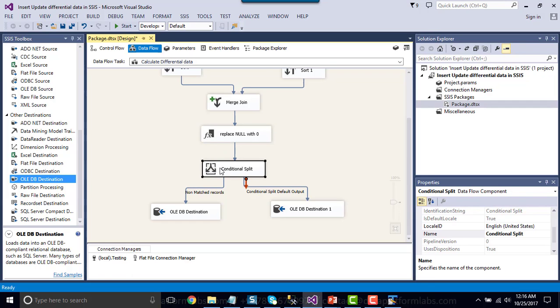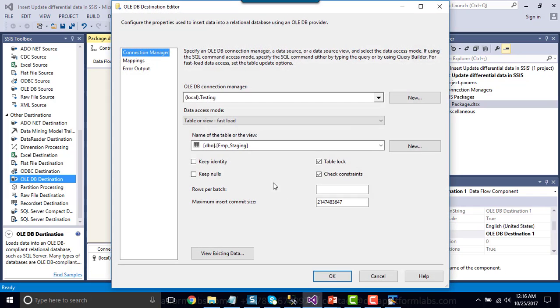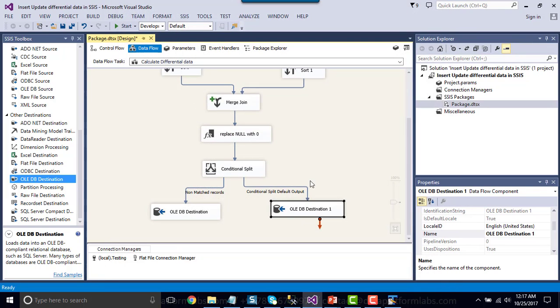Based on the conditional split, if a record is 0, it means that record doesn't exist or it's a new record, so it will be directly inserted to our final table. Or if the record already exists, then we can insert it to the EMP staging table, and then we can later update it with the main table.